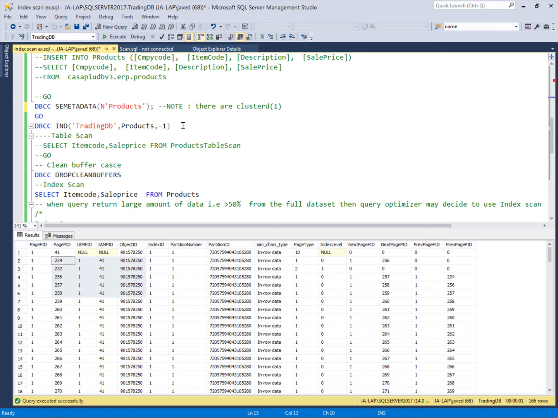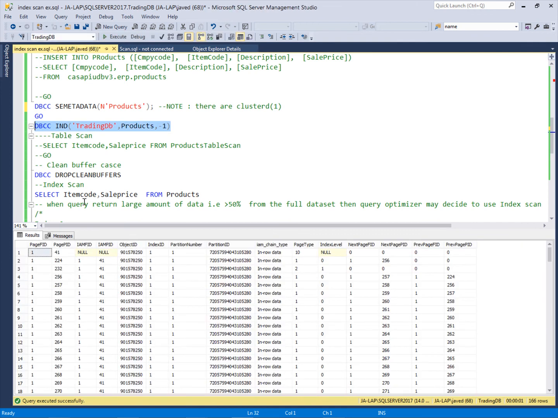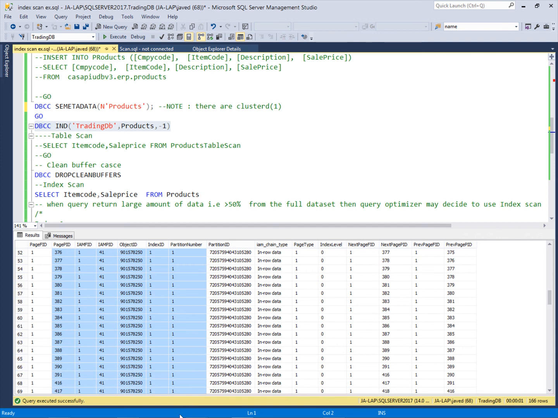This index allocation map can be checked by using the DBCC IND command. We pass the database name and the table name, and it will read the information related to this IAM. Here is the object ID, which is the table ID, and this is the index, and this is the list of page IDs assigned to this index.